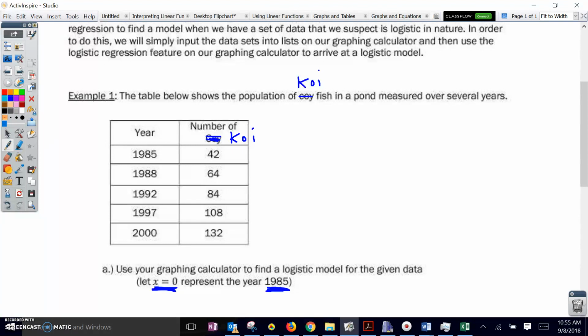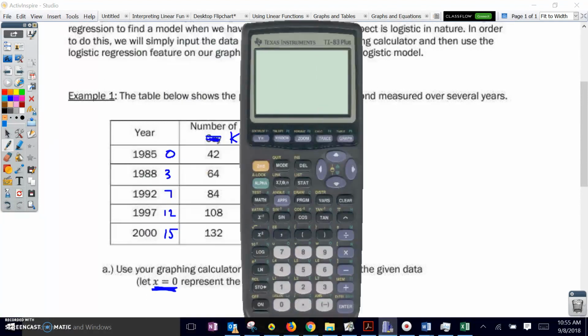So we're going to adjust our years so that this is year 0, which makes 1988 year 3, 1992 year 7, 1997 year 12, and 2000 is year 15. And so those are the data values that we're going to enter into our calculator in order to find our model. So we go to our graphing calculator,